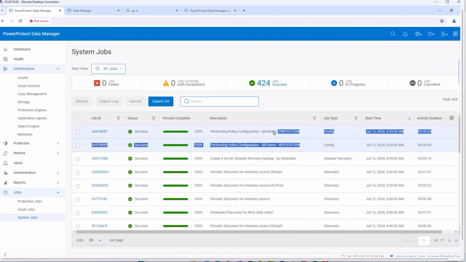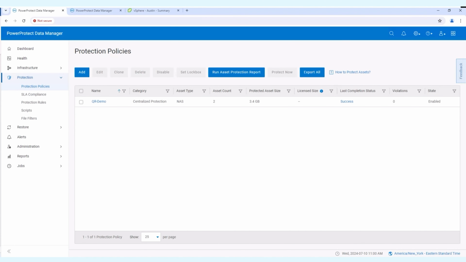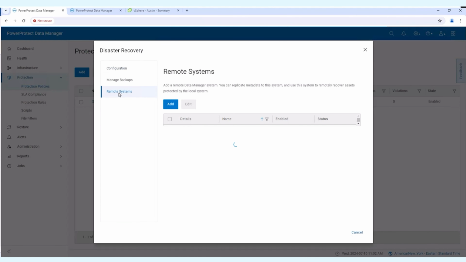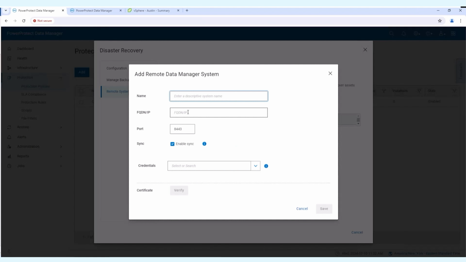Now let's start the Quick Recovery configuration. For this, we need to sync the metadata between the local PPDM and the remote PPDM. For this, let's navigate to System Settings and then Disaster Recovery. When the Disaster Recovery wizard opens, select Remote Systems and click Add to add the details of the remote PPDM